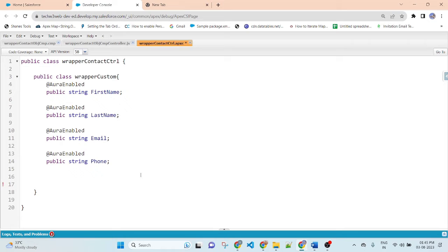After that, I will create a Wrapper class constructor. So public, the class name, is the name of the constructor. Here I will pass the variables as parameters. There are four variables: first name, last name, email, and phone.